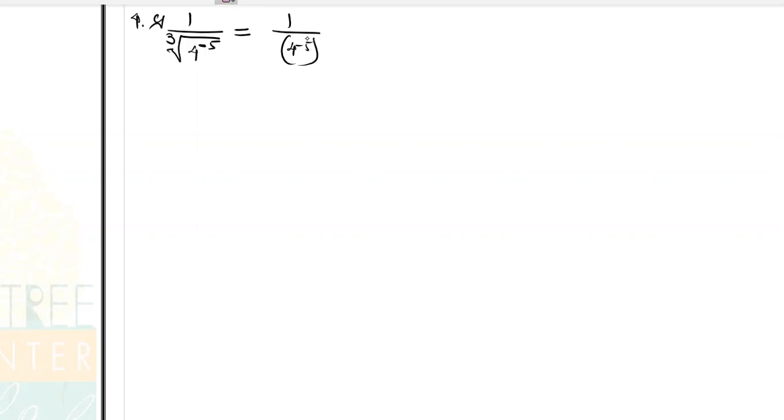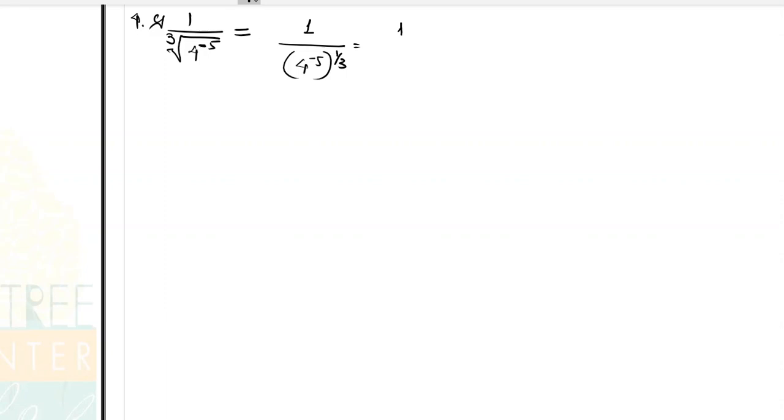Let me just edit that. I'm just going to write it all over again. I need some more space here. So 1 upon 4 raised to minus 5, the whole raised to 1 by 3. Now you tell me, where did this 1 by 3 come from? Because there is a cube root here. Cube root of 4 raised to minus 5. I wrote it as 4 raised to minus 5, the whole raised to 1 by 3.